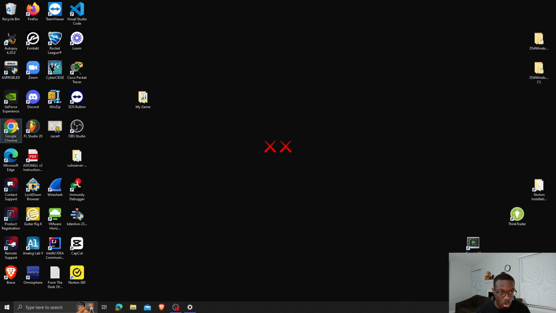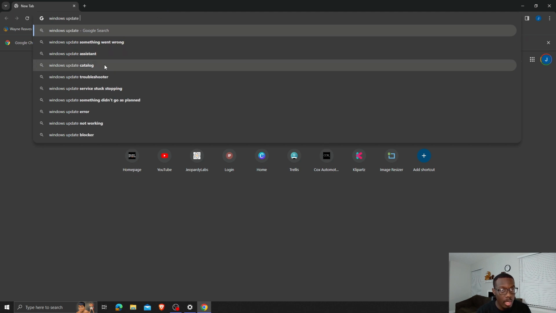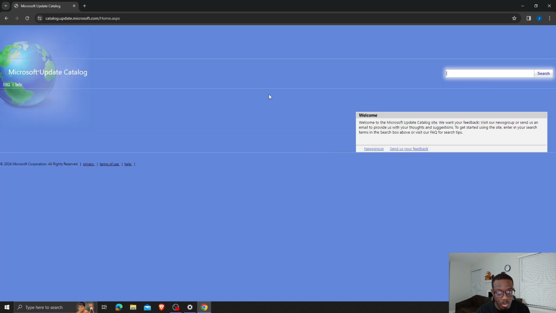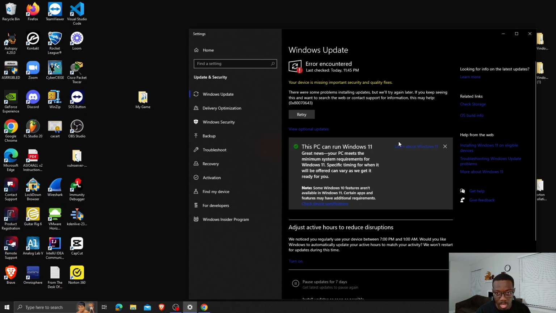Then what you're gonna do is go to Google Chrome, go to the Windows Update Center, Windows Update Catalog, and from there type in the KB number of the issue you're having in here. In this case it was this, and then based on your system and the version that you're having, go ahead and install this. Now, like I said, you can't see it here, but once the update has finished installing,